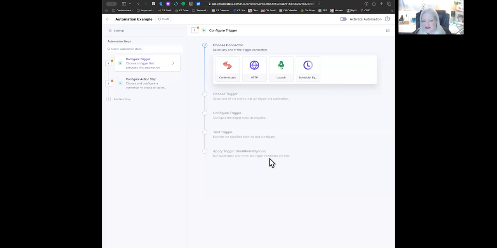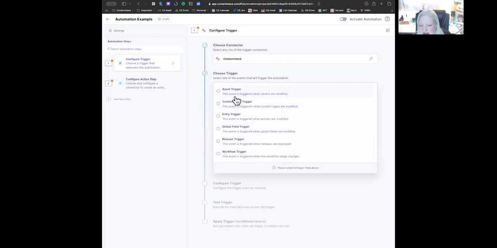So the first thing you start off with always, as Doug said, is configuring your trigger. The trigger is the thing that starts the automation. So you can imagine a trigger happening when new content is published, or when some HTTP webhook fires, or when your launch has been redeployed or something like that. All of those types of things can serve as a trigger. In this case, I'm going to use a Contentstack trigger. I'm going to say